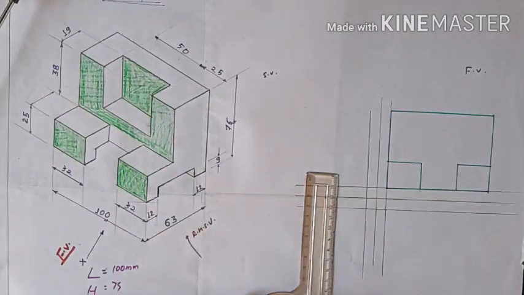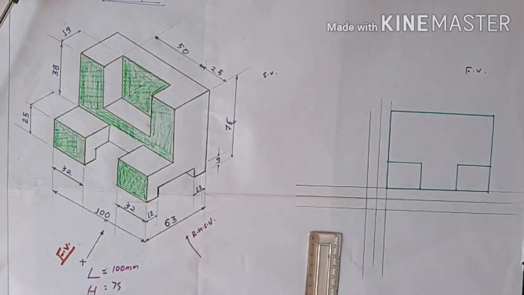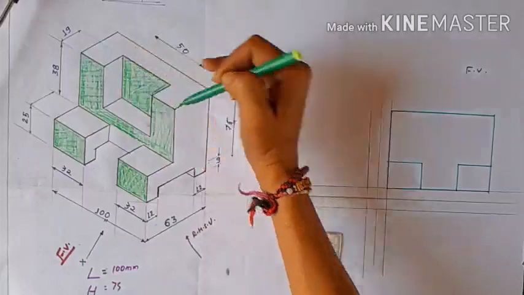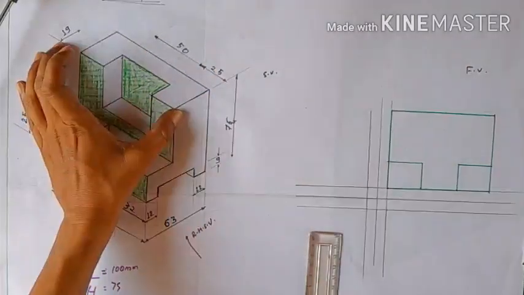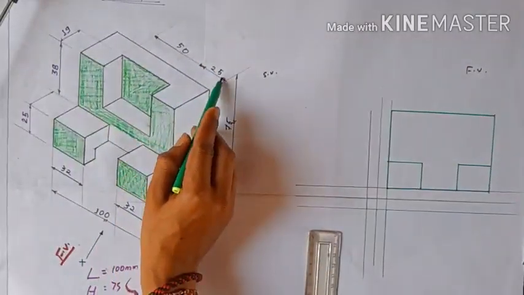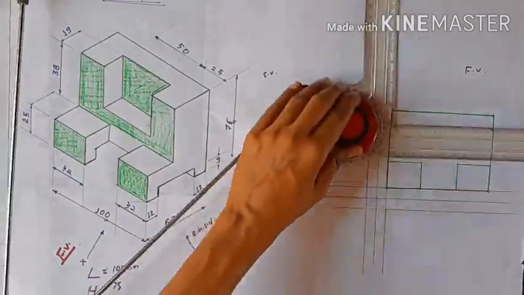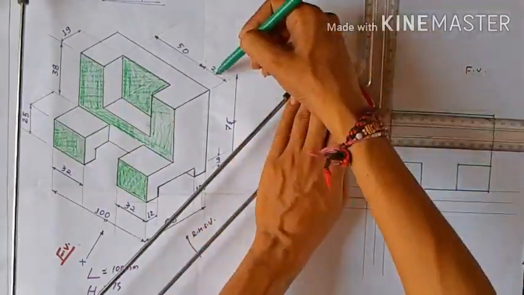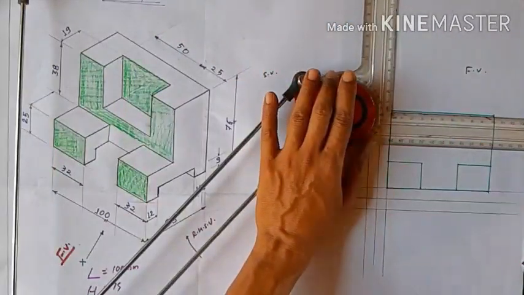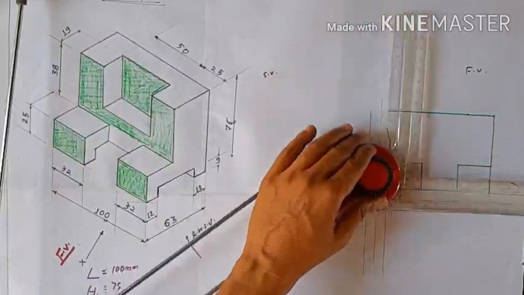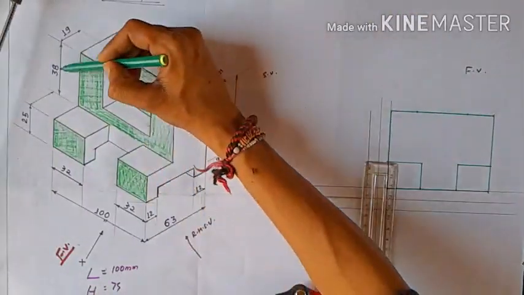Now what else appears, this green color. What is the dimension? Completely this is 100 mm, then 25 mm is clearly seen, the middle portion is 50 mm, and again this is 25 mm. So mark 25 mm from both ends, because this is 25 and this is 25. The 25 mm line is this. And what about the height?